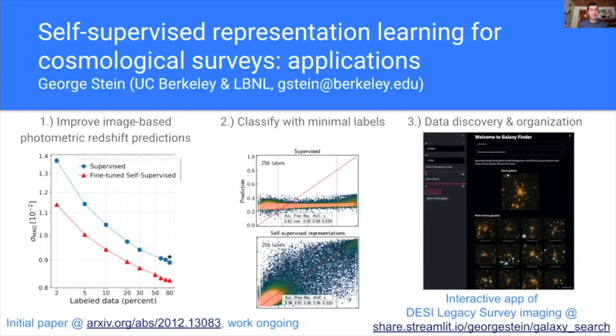So that's one of the methods that we think is very useful in cosmological applications, and I'd love to talk to anybody about it on Slack or email or whatever you want. Okay, thanks. We'll take any questions. Okay, yeah, feel free to email him or on Slack. Okay, so next up. Sounds good.